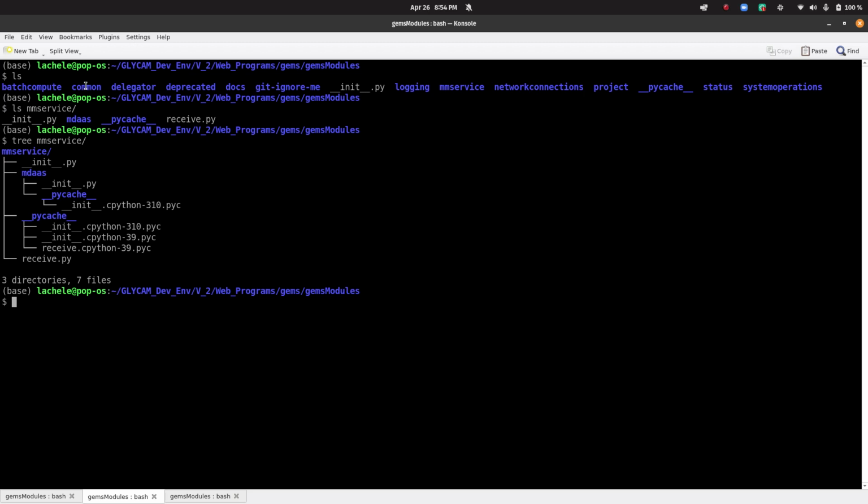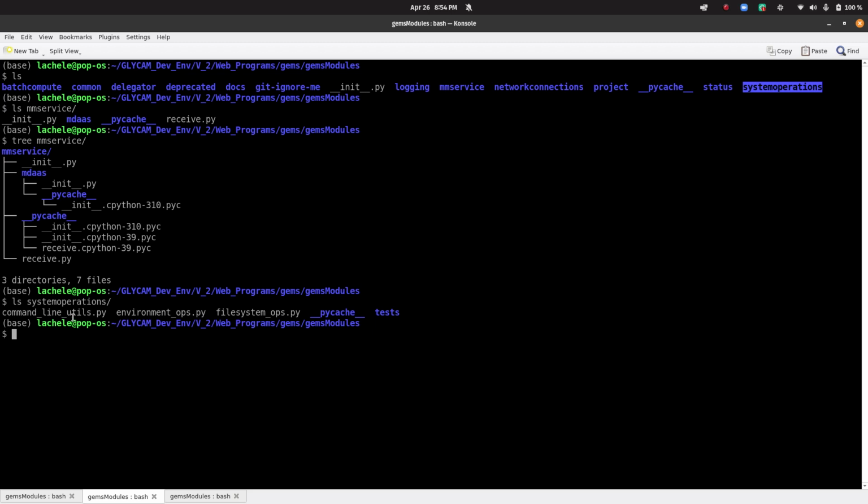Common has lots of common stuff. Common has stuff that's common to all of the entities and the services that is really specific to GEMS itself, specific to an API or the provision of a service. And so if you've got something that a lot of different services are going to need, common is one place to consider putting that. But if it's something that's just a system operation, like I need to get the value of an environment variable, or I need to figure out the path, or I need to copy a file, or whatever, system operations,